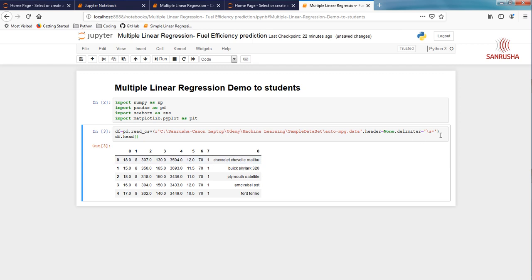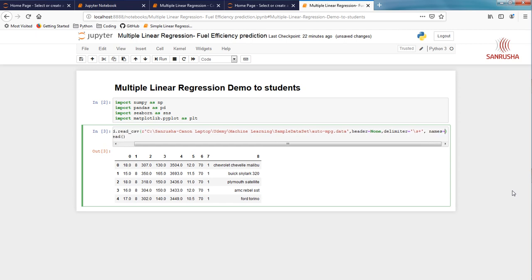If you want to give names to these headers, you can give it right here. Just use the names parameter and put your names here. The first one is miles per gallon, cylinder, next one is displacement, and then horsepower. Next one is weight, acceleration,